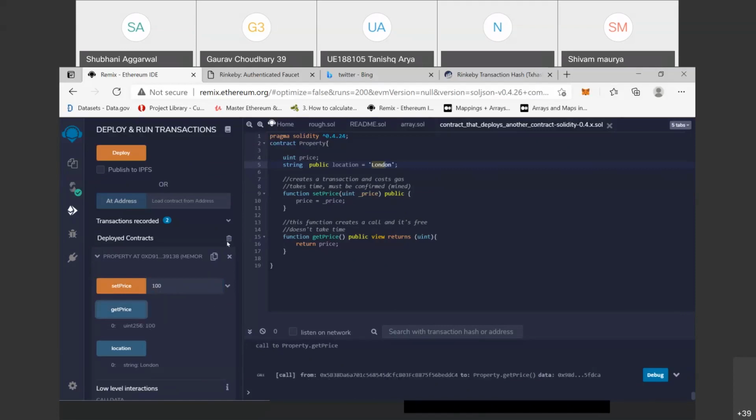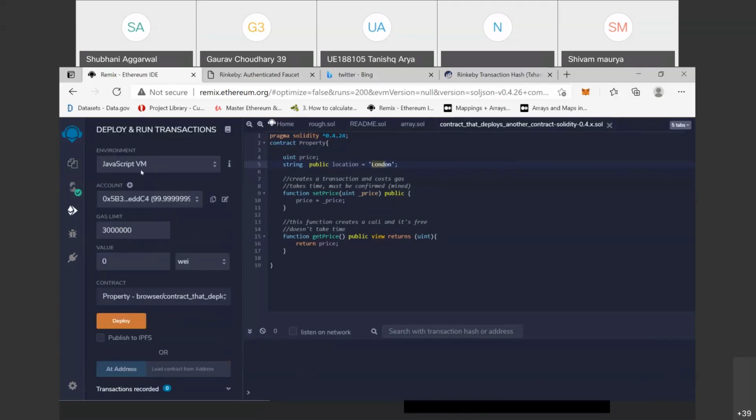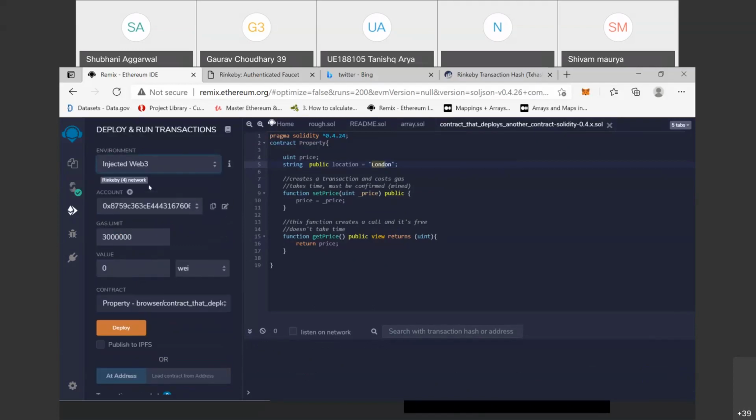Okay. So the same smart contract wants to connect with MetaMask. Here we have two options. The first is the set function and the second one is the get function.